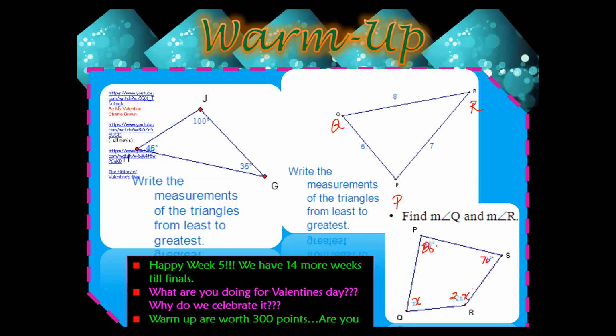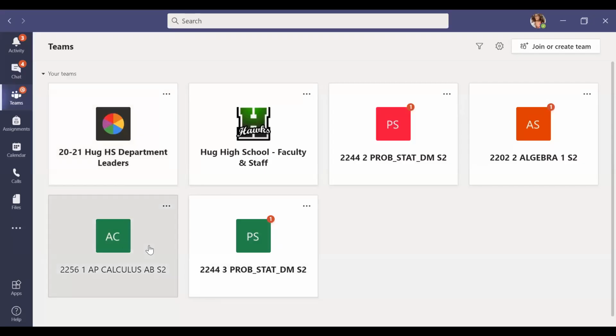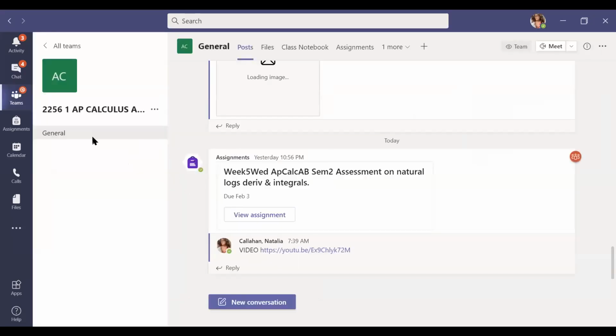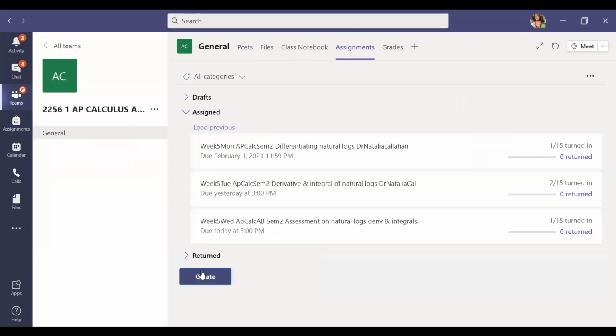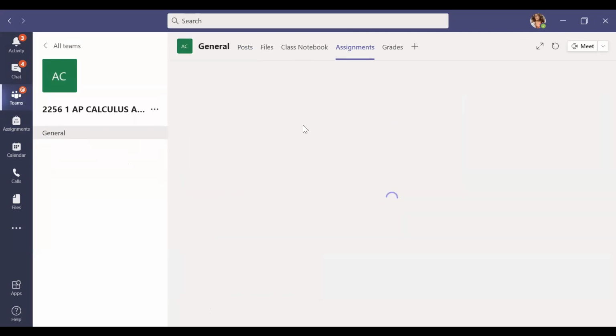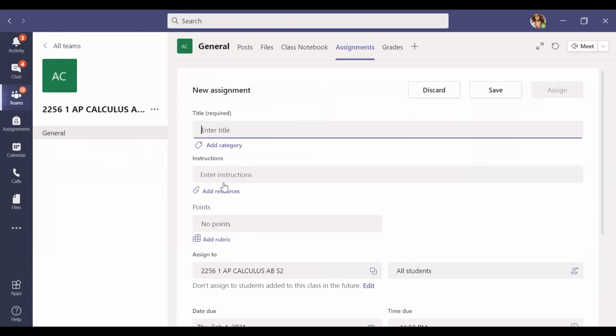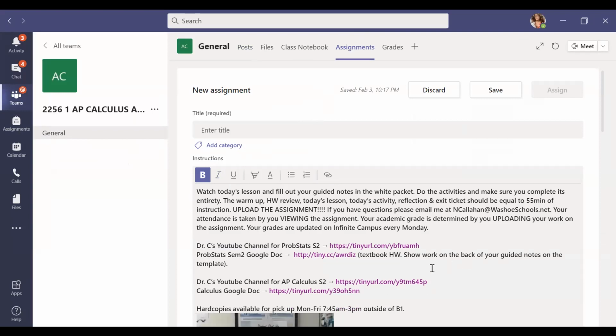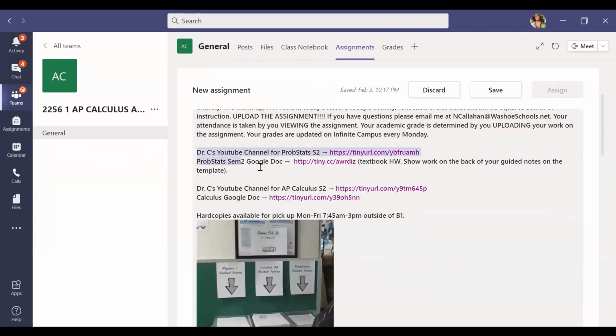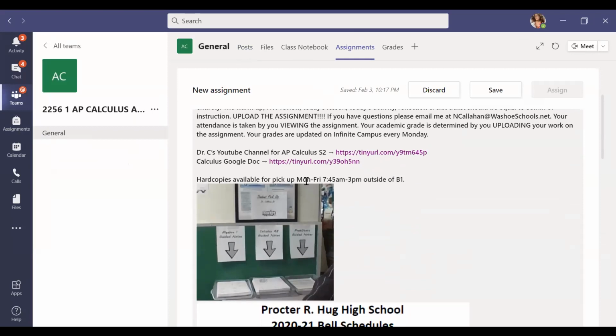Okay, let's go ahead and create the assignment for today on MS Teams. You guys are in Calculus for second period, and let's go up here under assignments and make sure you guys are checking in with me, especially for your attendance. So I'm going to go ahead and do assignment, upload. Your instruction is basically to view the assignment. Make sure you watch the video in its entirety and then also upload your assignment if there's anything that requires to be uploaded. But if it's just something like today where you're going to be practicing with examples in your guided notes, you don't have to do that.